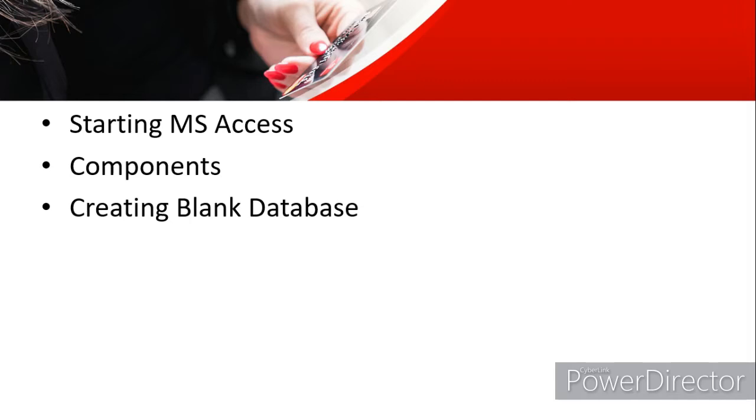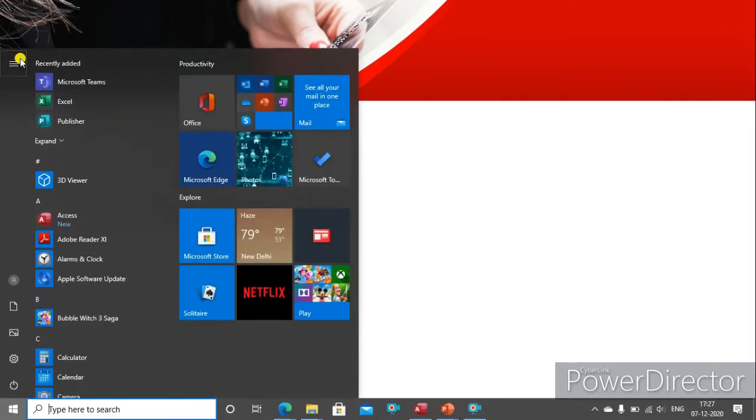To open MS Access in Windows 8 and Windows 10, it's very simple. You have to click on the start button and type the name directly in the search box. If your computer has Windows 7 operating system, then you have to follow the steps: start button, all programs, Microsoft Office, then click MS Access. These are the common steps you learned in the previous standards. Now I'll be showing you the demo for Windows 8 and 10.